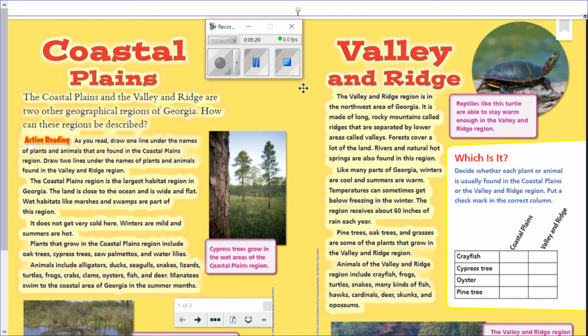Pine trees, oak trees, and grasses are some of the plants that grow in the valley and the ridge region. Animals of the valley and ridge region include crayfish, frogs, turtles, snakes, many kinds of fish, hawks, cardinals, deer, skunks, and possums. Let's look at our